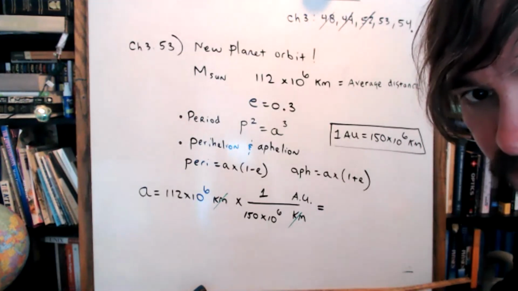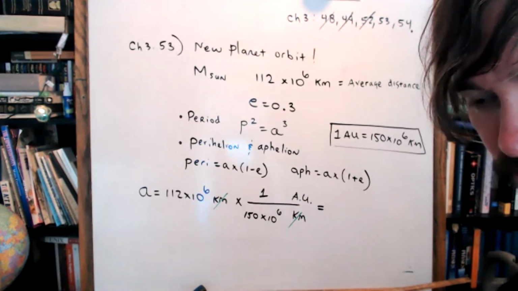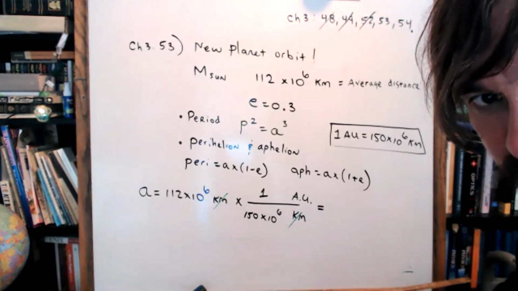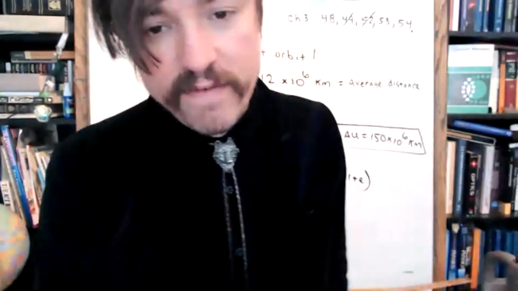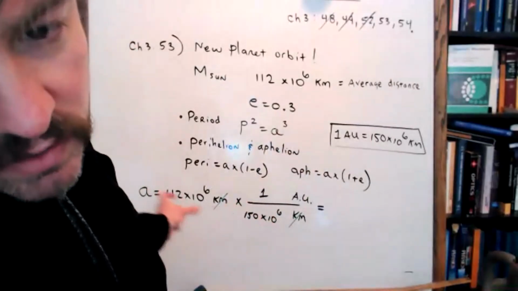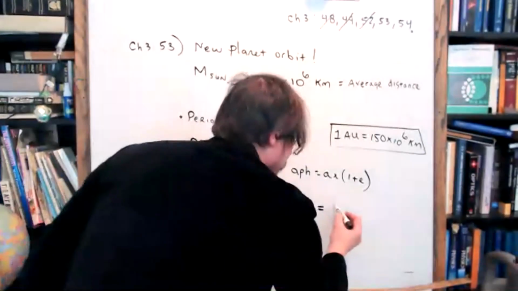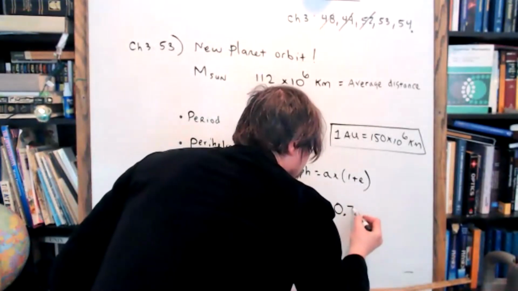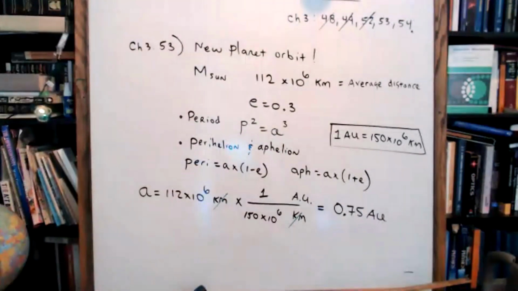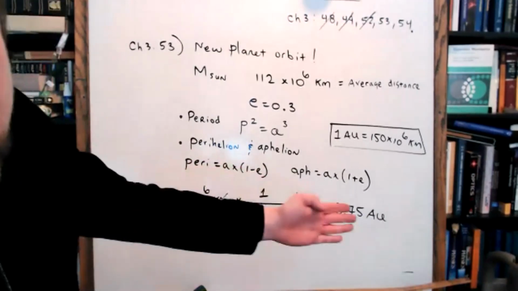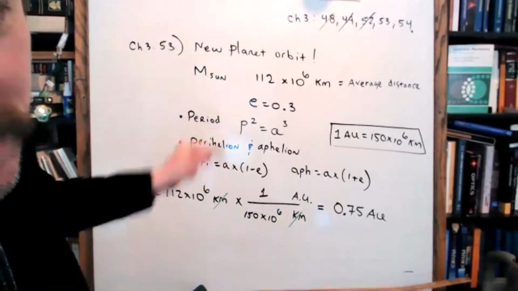Geez, guys, I'm going to grow old and die waiting for you to punch this into your calculator here. I got 0.747 AU. Okay, I like your sig figs. You know what we're going to do? We're going to have some fun. Ian, you did okay with the 3 sig figs, but let's just round it to 0.75 for kicks. Sometimes we can break the rules if we feel like it. And that's AU, right? Yes. So now we have our A converted into astronomical units. Now, Kim, we can deploy P squared equals A cubed.